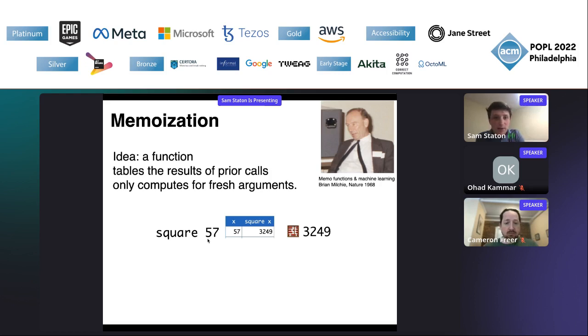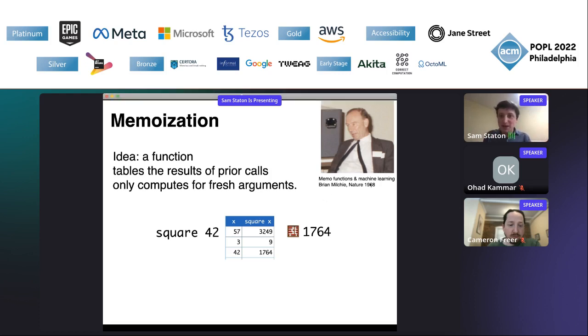5 times 7 is 350, and then add all the numbers together, you get 3,249. If I ask them what's the square of 3, they're going to say 369. Then ask them again what's the square of 57. They'll be quicker, ideally, this time, and they'd come back immediately with 3249 because they already calculated it. I could then ask them what's the square of 42, and so on, keep going like that. So the idea is that we could also implement this inside a programming language, and that was the idea way